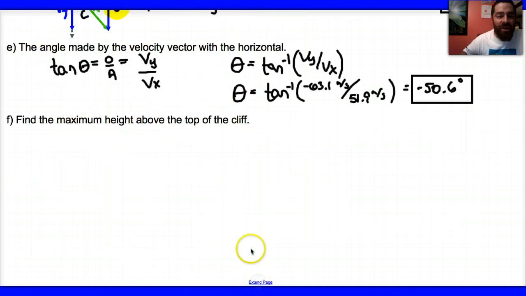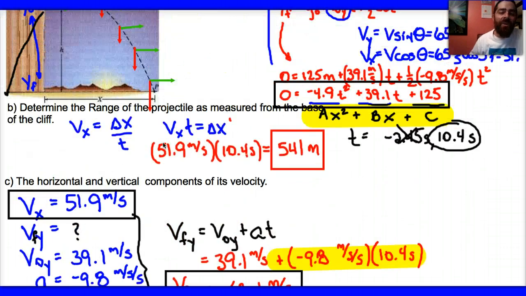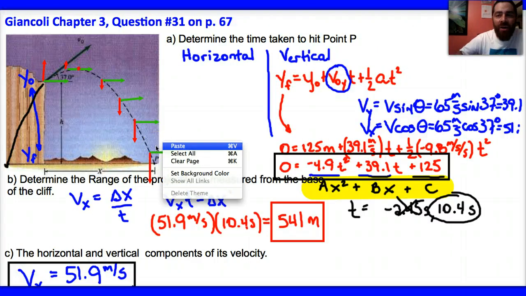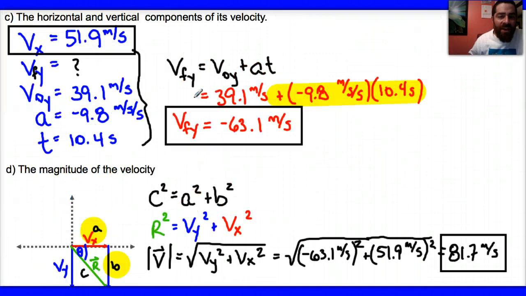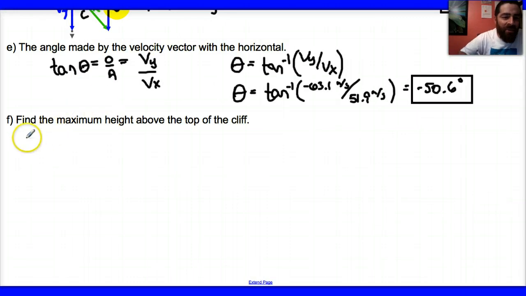The last question is find the maximum height above the top of the cliff. If I pan to the top of the page really quick, we'll see here that if I were to draw a line on this page, on the plane of the top of the cliff, I should be able to see that this is the delta y that I'm looking for. So how far above the cliff did the projectile go? And you should recognize that when it reaches its maximum height,